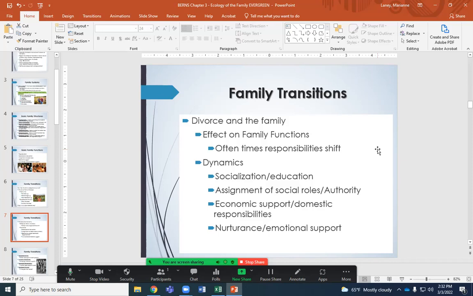You're going to hear that sociocultural thing in one house. Let's say, well, we don't do that here. And over here, maybe we do that here, right? So the socialization and education may adjust, may change, right? So if one side of the divorced parents really pushes education, the other side doesn't, maybe you're going to have a child who's struggling with their grades because over here they're being supported with their education, over here they're not. So again, struggle, right?